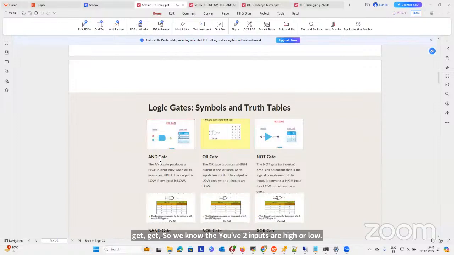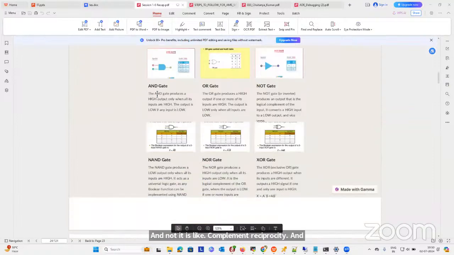If two inputs are high, then we get the high output, else we get the low output. The AND gate is like multiplication. The OR gate is like addition. And the NOT gate is like complement. The NAND gate is the reverse of the AND gate, the negation of the AND gate. The NOR gate is the negation of the OR gate, and the XOR gate is